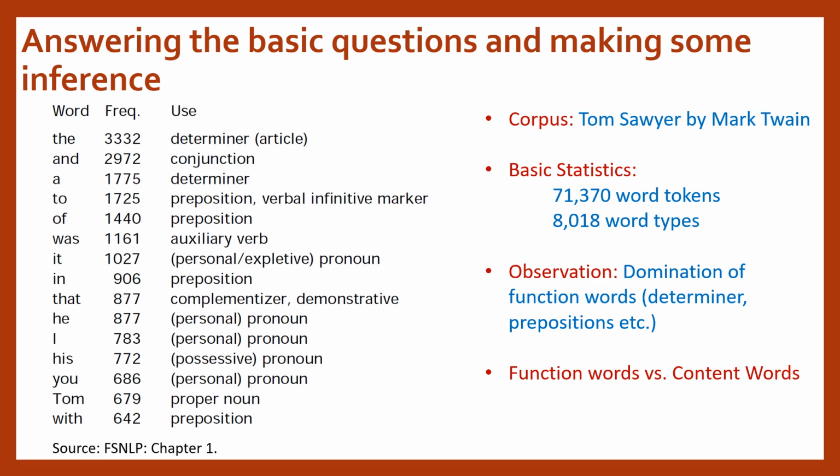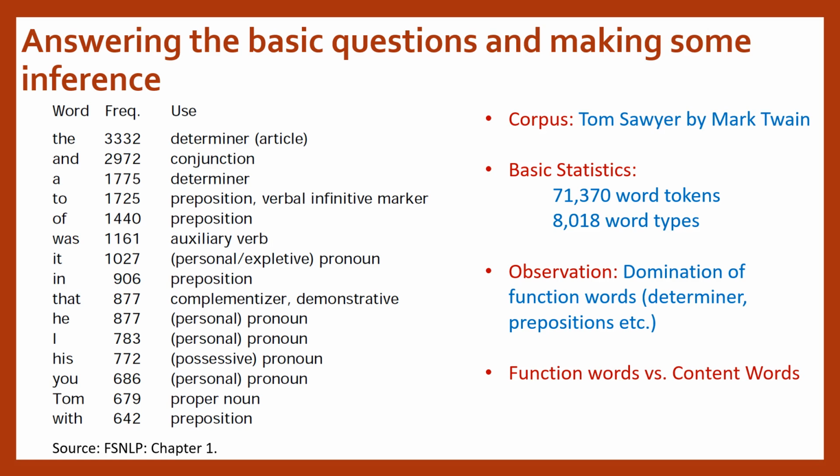So the distinct token classes were about 8,000. In a loose sense, you can say that distinct words are about 8,000, and 71,000 was the tokens, the total number of words. So what do we observe here? Look at the left side of the table, and you see that